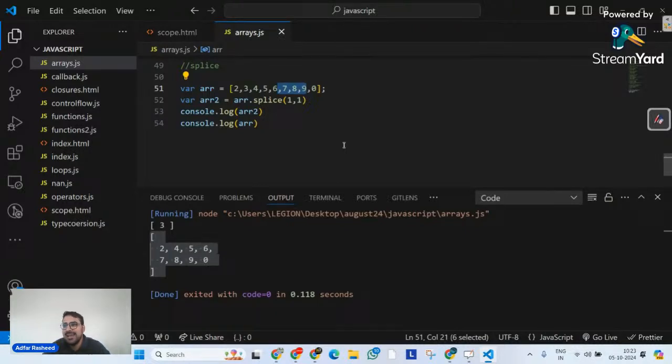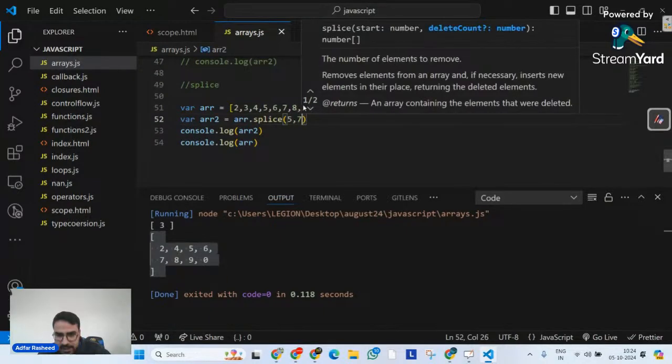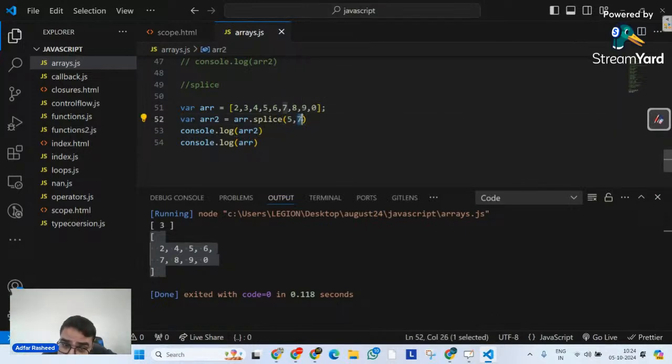Anyone else? Let's understand one thing here. As I said, the second argument is not an index. It is how many you are going to remove. It is a count. Whether 3 elements you want to remove, 5 elements, or 10 elements you want to remove or return. So it's not going to be 4,8 or 5,7. If I write 5,7, 5 comma 7 means at index 5 remove 7 elements from my original array and return me those 7 elements.